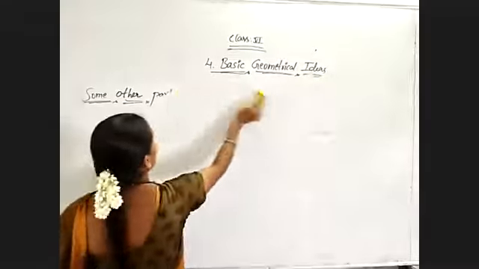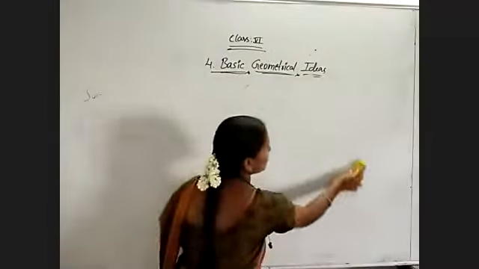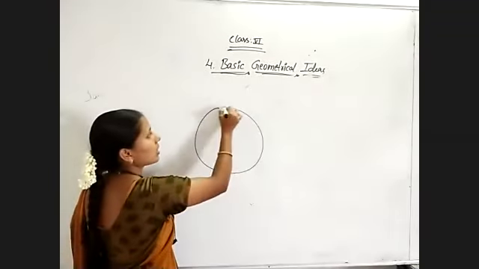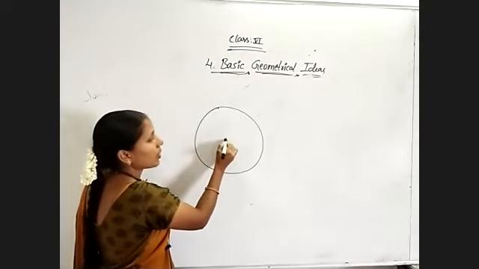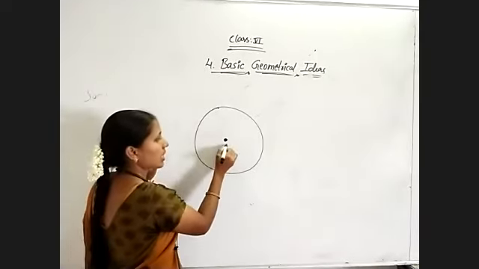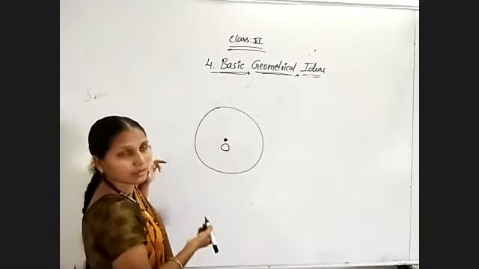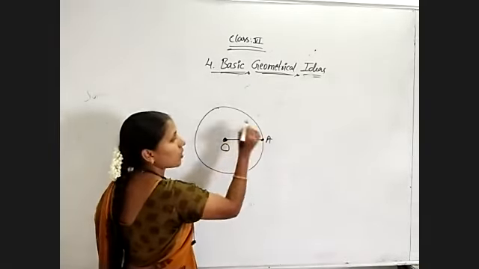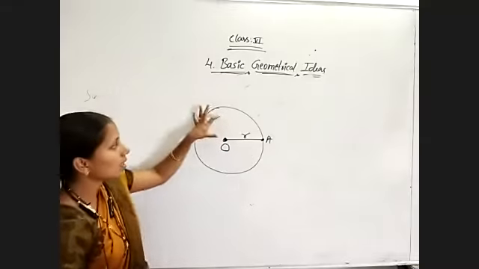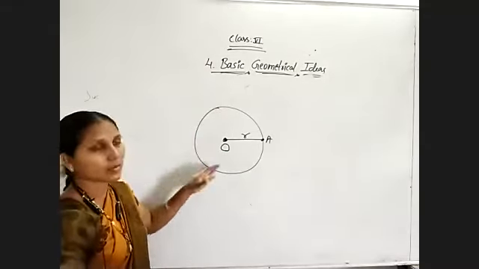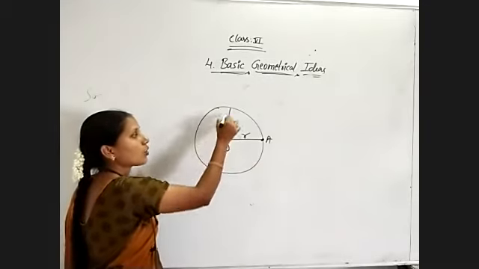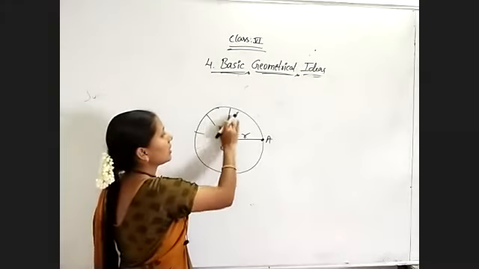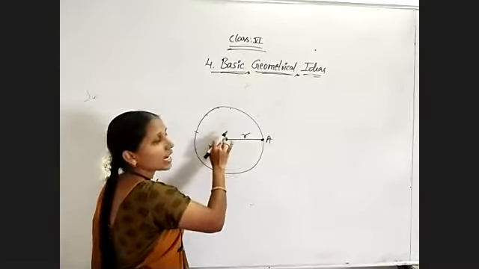But before that, what are the different parts? Once again, we will see. So diagrammatically, I am giving now. A circle is a closed figure made up of a curved line, and the midpoint of the circle is known as the center of the circle. It is denoted by any capital letter, and the distance from the center to any point on the circle is known as the radius, and it is a fixed distance. If you take any point on the circle, that is fixed, which means through this one center we can draw so many radii. And next, thirdly, we have the chord of the circle.